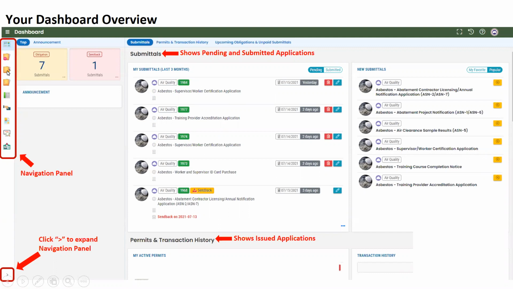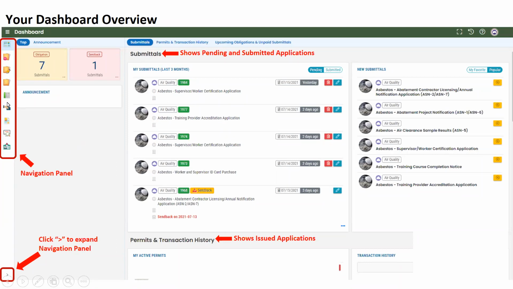The next one down is the pending submittals. Those are the ones that are in limbo that you're working on, but you haven't submitted to DEQ yet. And then that last folder is where you find the submitted submittals. These two folders, the pending and the submitted, are going to pull up all of the ones from the last 3 months that you're going to see here.